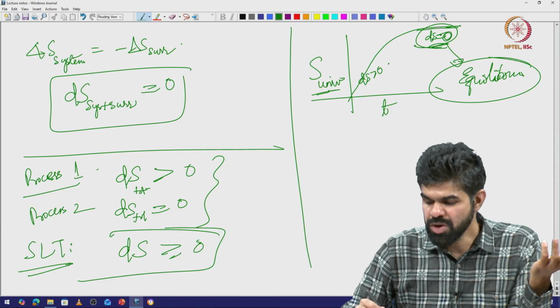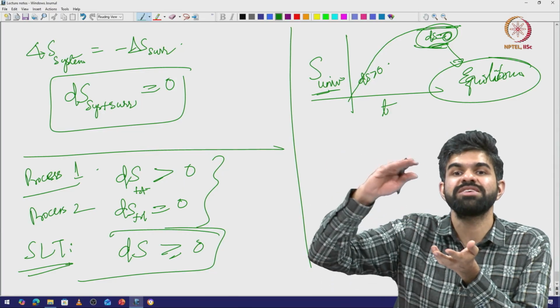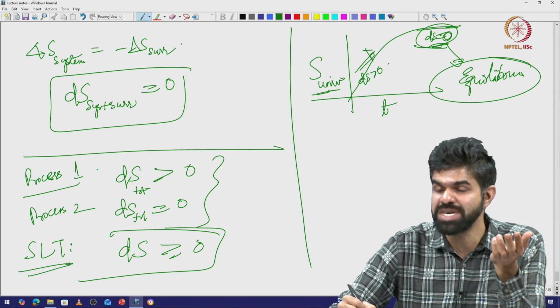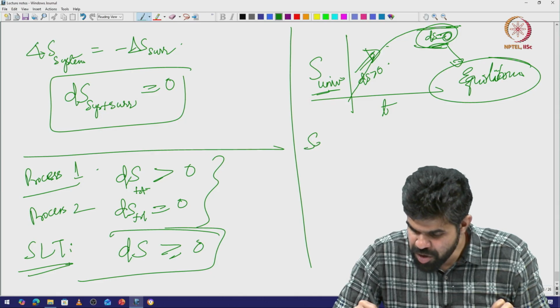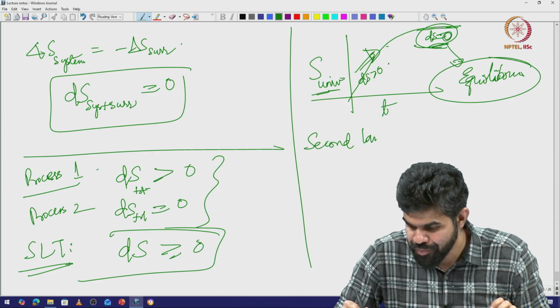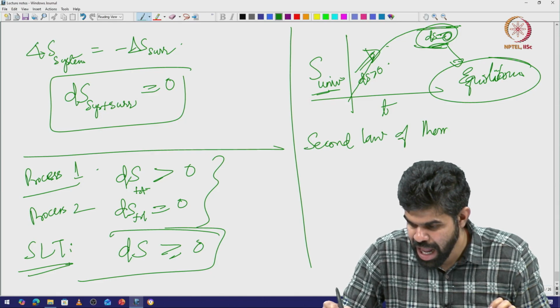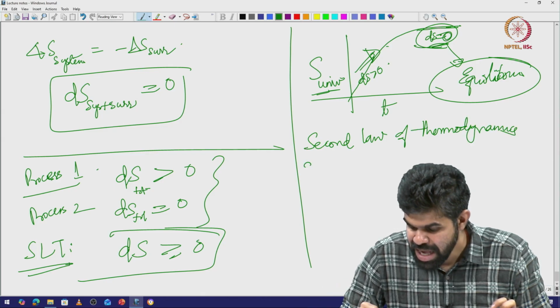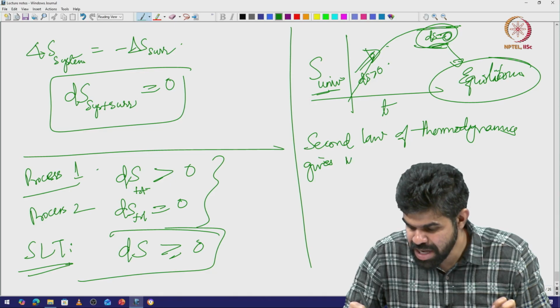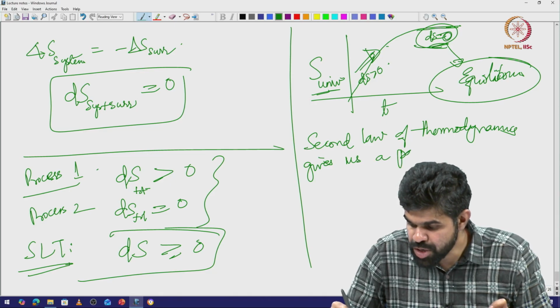And it also says that all systems tend towards equilibrium. So, it tells me the path towards equilibrium, right. So, second law of thermodynamics gives us a path towards equilibrium,